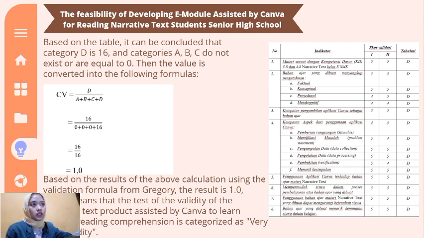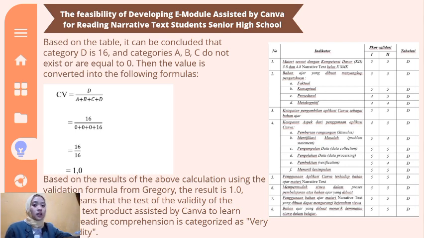Based on the table, it can be concluded that category D is 16 and categories A, B, C do not exist or equal 0. Then the value is converted into the formula. D means number of items with